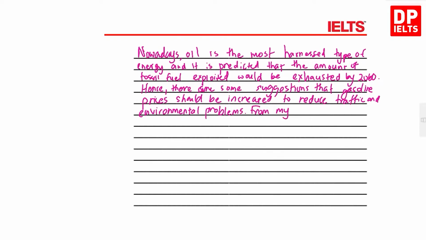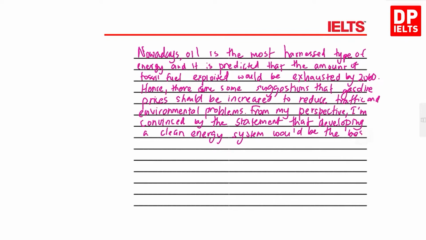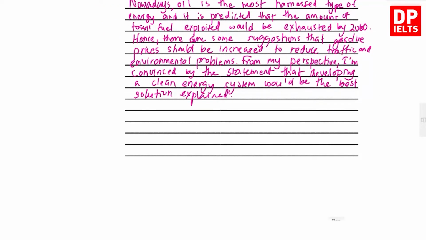From my perspective, I'm convinced by the statement that developing a clean energy system would be the best solution explained. Para 1. On the one hand,